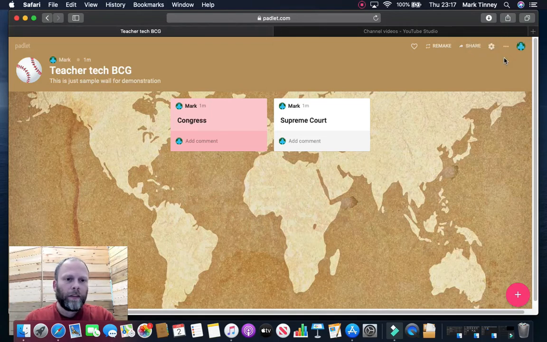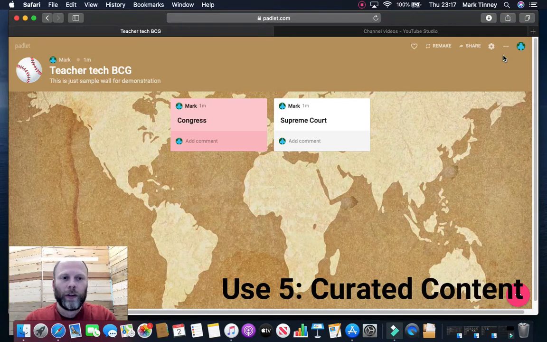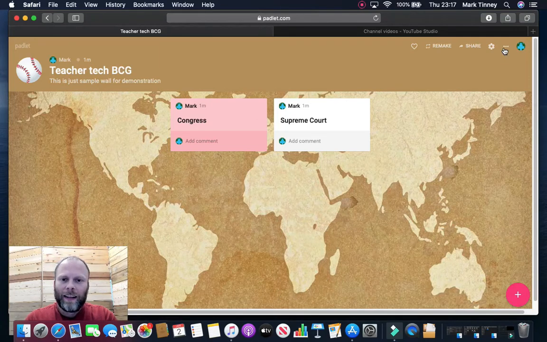The 5th case that I wanted to look at is what I call curated content. And again, any format could work for this. Basic wall could work. I think shelf could work really well. I think leaving it open is quite useful, but curated content is this idea that I want students to go away and do research on something, but I want to make sure that what they're finding is reliable, that it's good quality stuff. And again, if I give an example from history here,